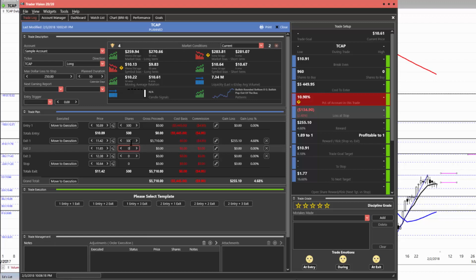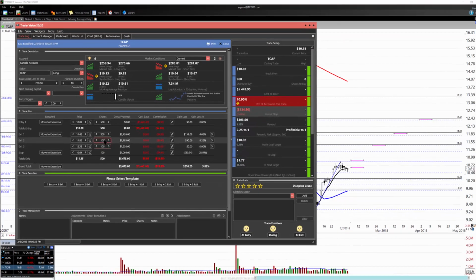So we've got to make a decision about this trade. We can work some scenarios. We can maybe go 300 here and 100 at each of these. Let's try that again, 100. And that would give us an overall trade of 7%. And if our goal was $250, we wouldn't quite make it at that second trade. So we might, or at that second target, we might in fact need to play with this plan some more,